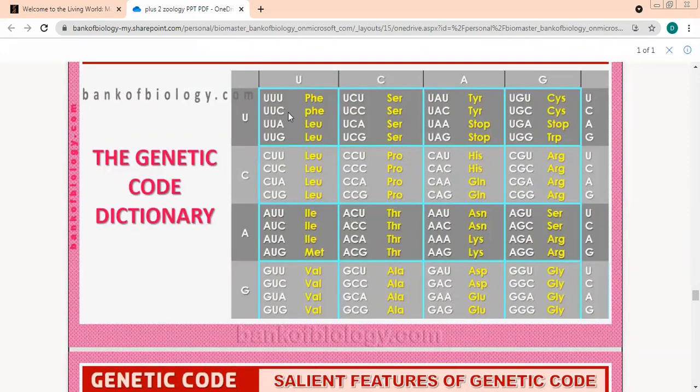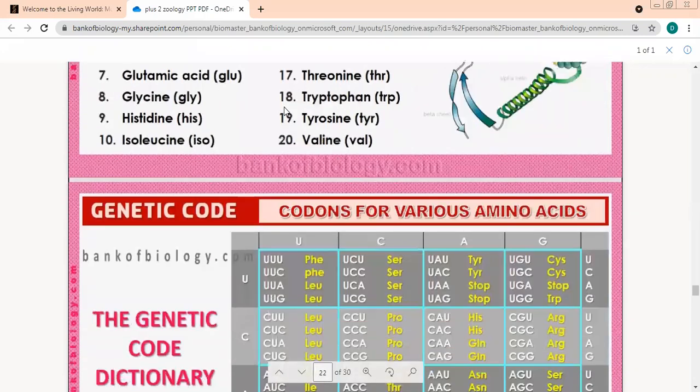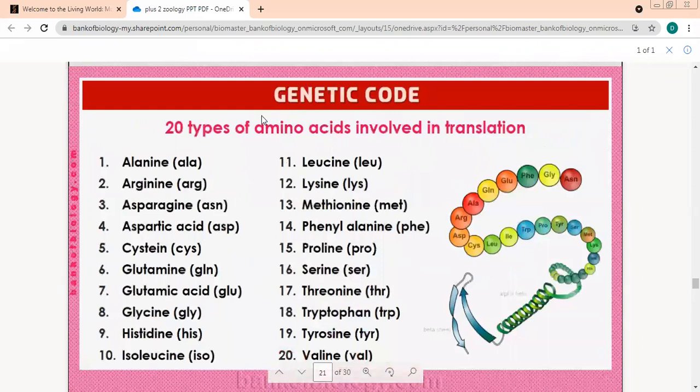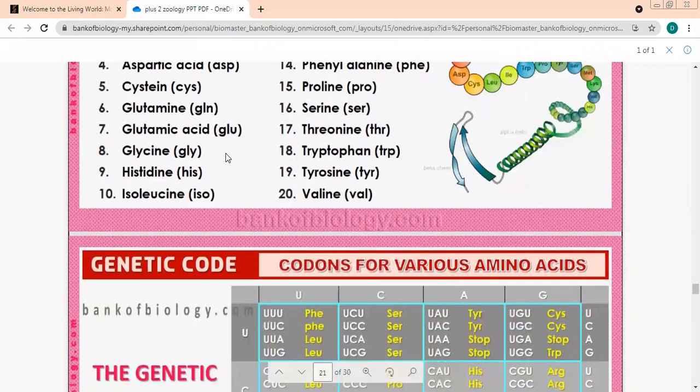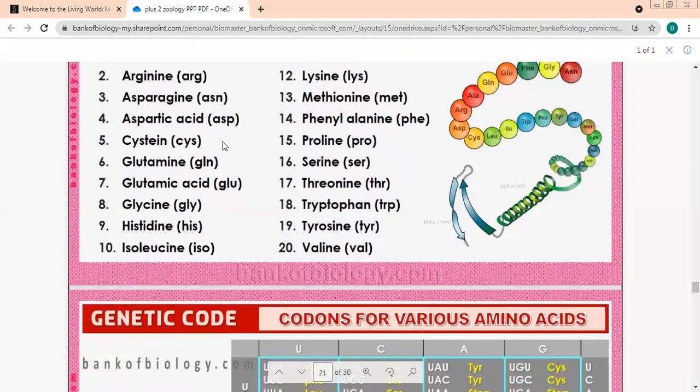First box, now let's do this. Look at this one, phenylalanine.